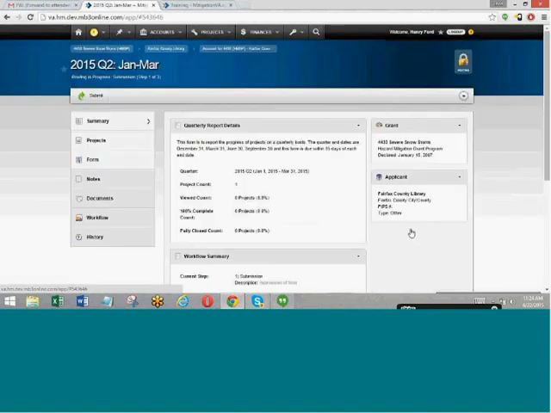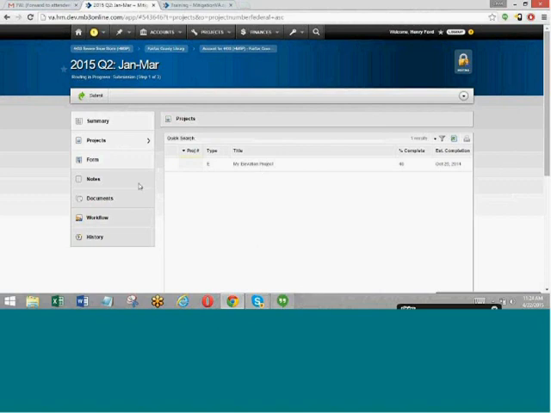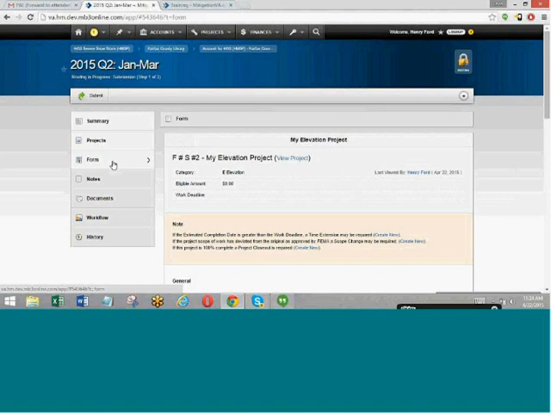And once you're on the quarterly report, once again, it has a summary tab. It will give you a summary. This specific quarterly report only has one project on it. You might have multiple projects on a single quarterly report. And to view all those projects, you can go to the projects tab. It will give you a listing of all the projects. In this case, of course, there's only one. And then when you go to the Form tab, it's where you actually complete that quarterly report. And if you had multiple projects on a quarterly report, it will give you a navigation option here at the top as well to navigate between all of the different projects.